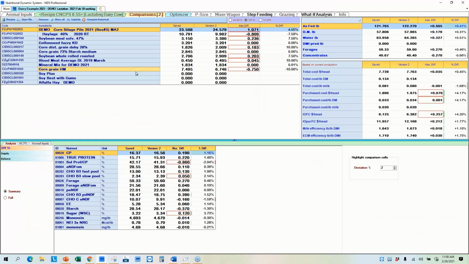So number 1, or my saved, is that saved diet that I started with. You can see version 2 is that optimized version. You can see any changes here on differences. So again, it took less haylage, took more corn silage. I'm actually asking it to highlight the deviations of